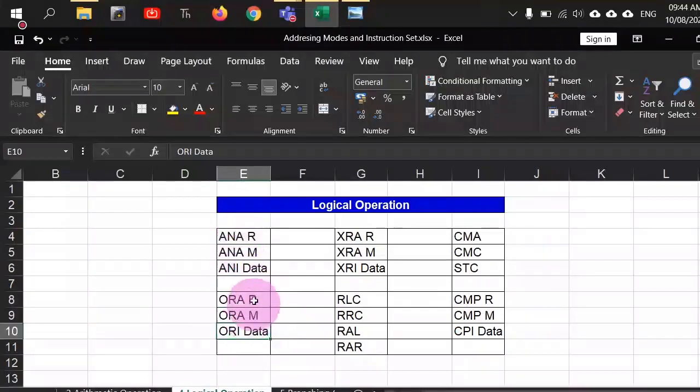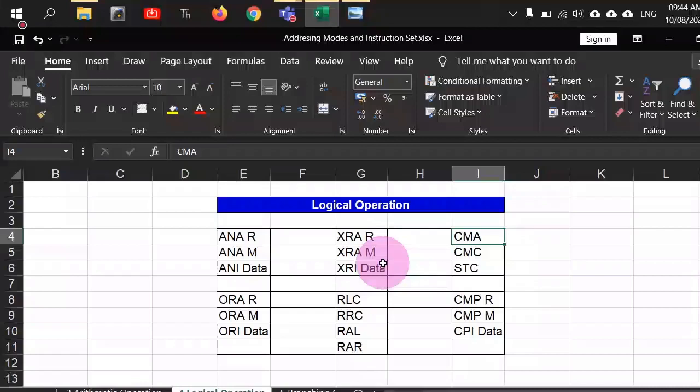So AND is there, OR is there. And for the NOT operation, you have CMA, complement the accumulator. Every bit of the accumulator will be flipped once this command is executed. This can happen only inside the accumulator, because for the NOT operation you only require one input. So CMA stands for complement the accumulator. So this is the AND gate, OR gate, and NOT gate. And similarly, you have XOR gates also. What is the property of the XOR gate? For similar bits, what will be the output?